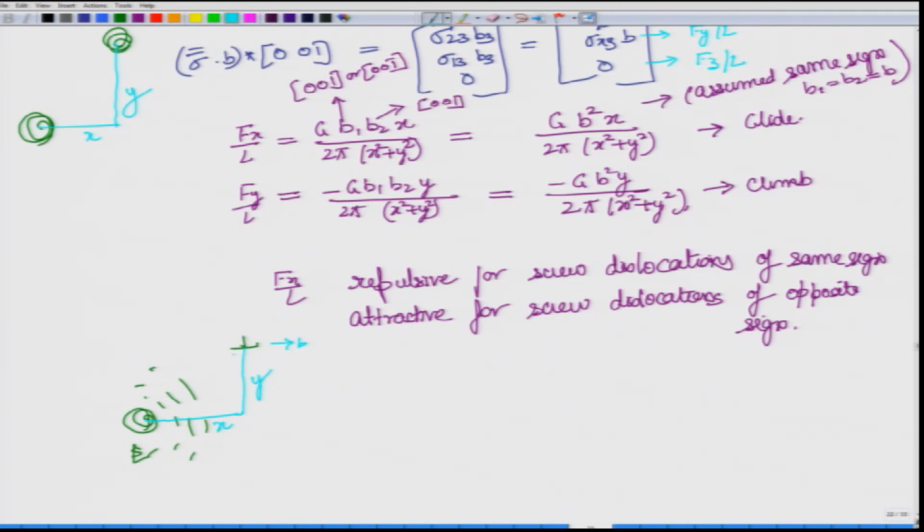That is something you can do without loss of generality and find what should be the f x by L and f y by L onto the screw dislocation. And remember that what we earlier found was that for this configuration f x, in fact all the f, was equal to 0. So, compare this force with the force value that you obtain over here. Do we still get 0 or do we get something different? So, I will leave that to you and we will go on to solve still another example.